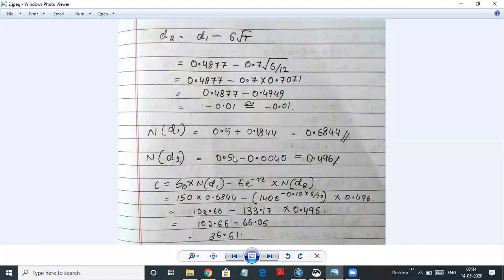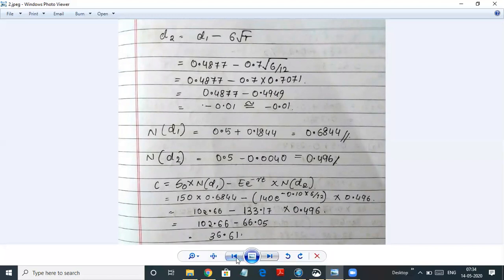So if the answer is positive, we go on the positive end, 0.5 plus whatever the table value is, the portion of the normal distribution graph. And if it is a negative answer, then 0.5 minus that much will give us the negative portion of the graph. So let's see how to read the table value now.